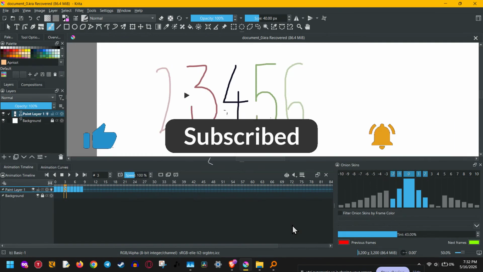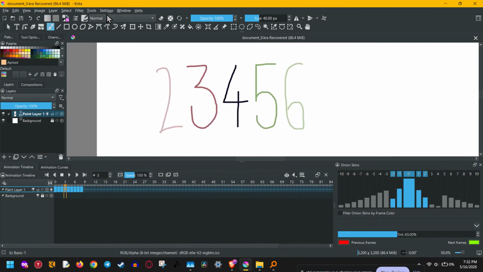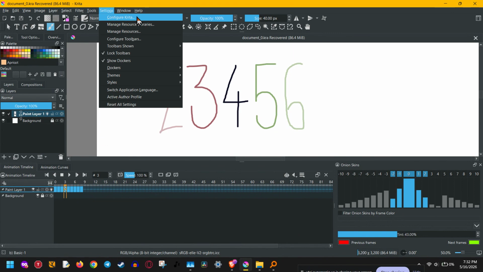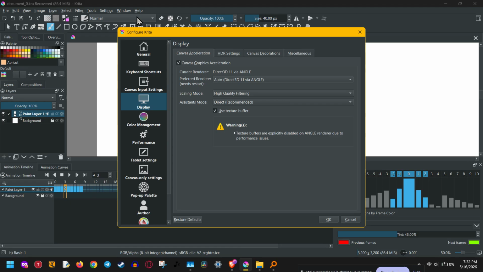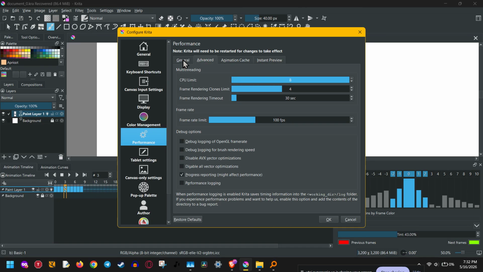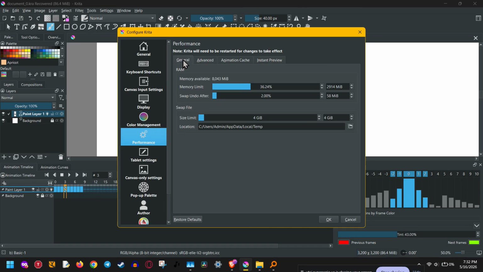First, we're going to boost Krita's performance settings. Open Krita, then go up to the top menu and click Settings, then choose Configure Krita. In the configuration window, look for the performance section. Here, you'll want to increase the memory limit slider so Krita can use more of your system RAM. If you have enough memory available, giving Krita more room to work with can help reduce lag and improve responsiveness